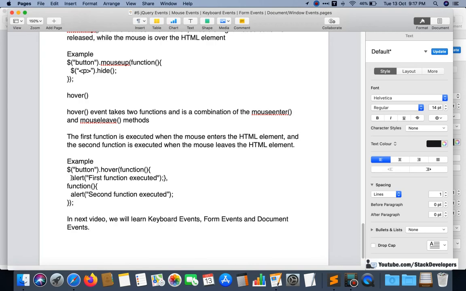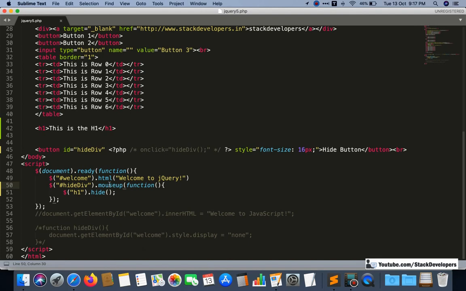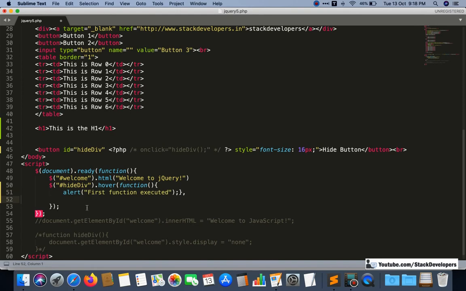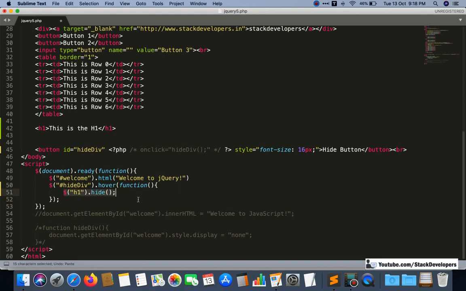So what I'm going to do, in hover, I'm going to make it hover, and in the first function I'm going to perform this alert.